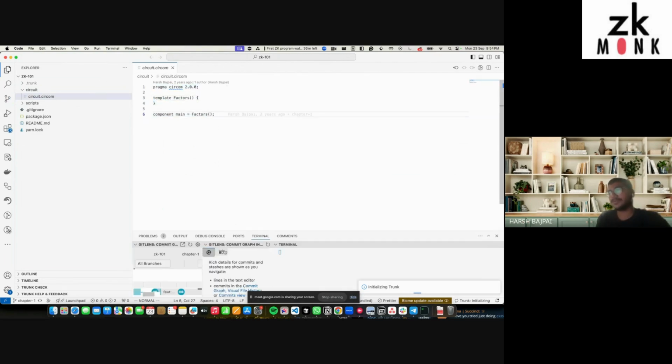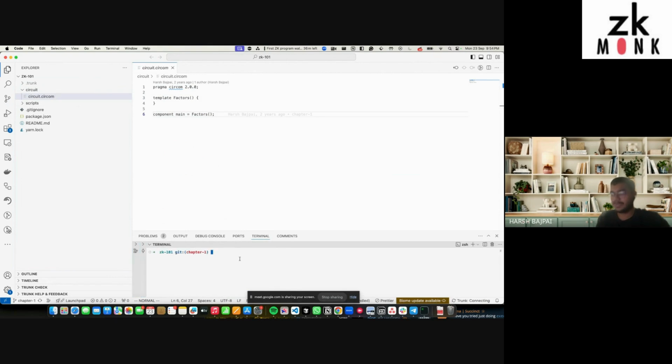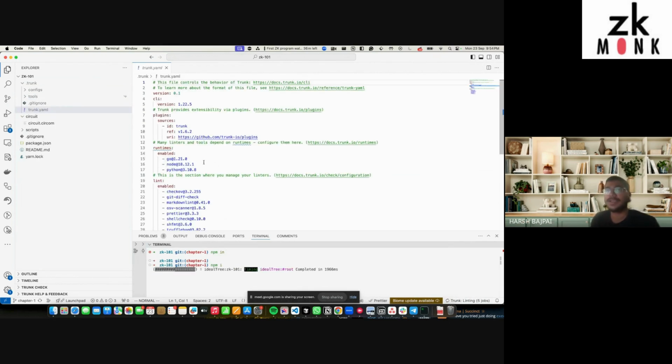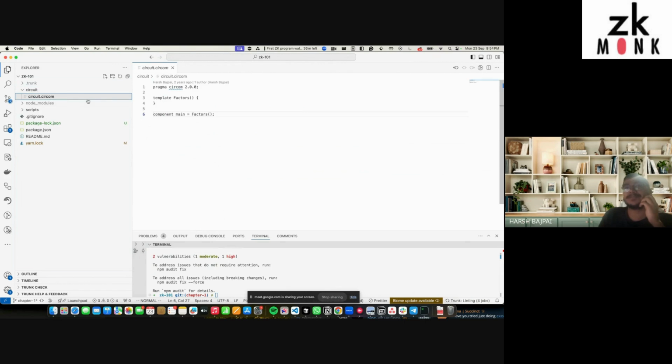And the first thing you have to do is an npm install. There are some dependencies in this project, and you would have to install them before you can start doing a few things. So just like how we usually have an src folder, I have a circuit folder here which